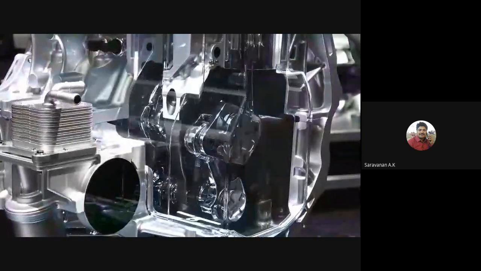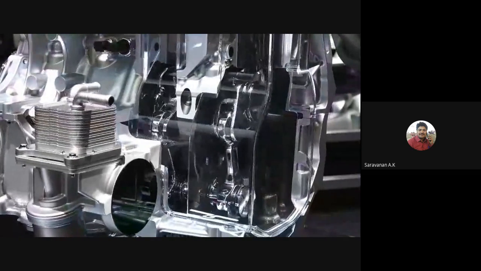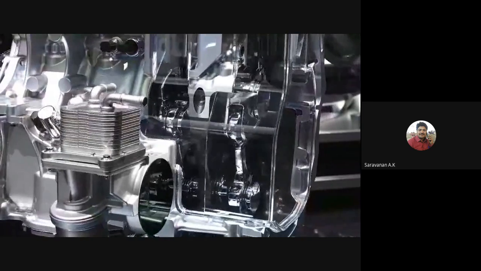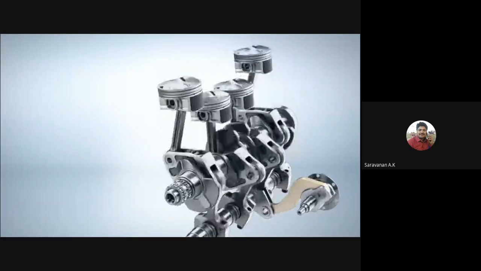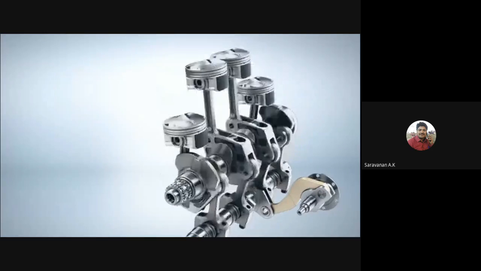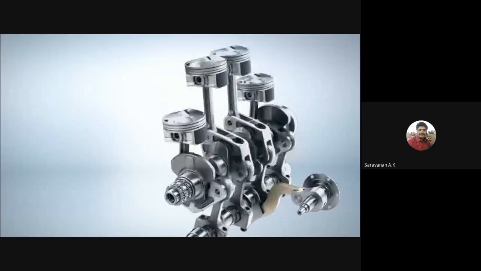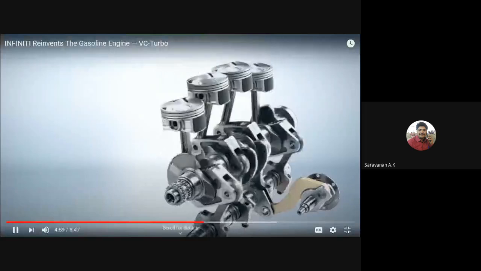And the innovation with this engine doesn't end with a changing compression ratio. There are a lot of unique features. For example, inline four-cylinder engines are inherently unbalanced. That means that the engines vibrate, and so to compensate, four-cylinder engines often use balancing shafts, which add complexity and consume